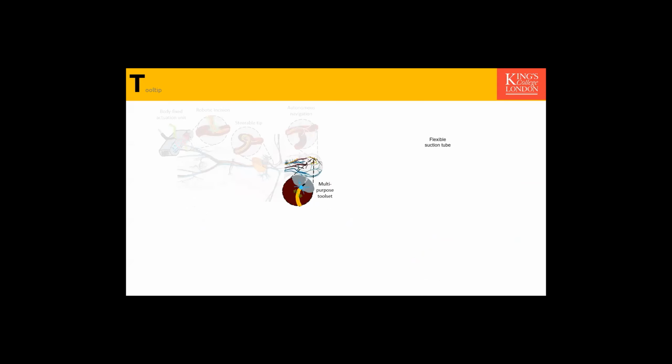Okay, I will quickly go over the last part in a few minutes. I skipped the autonomous navigation, of course. This part is ongoing, but I didn't have much to present on that. But I want to jump to the multi-purpose tooltip, which is basically a gripper-equipped needle with force sensing. So basically, we have force sensing. Also, we have a needle for drug delivery, but also we have a gripper there that grips the target tissue